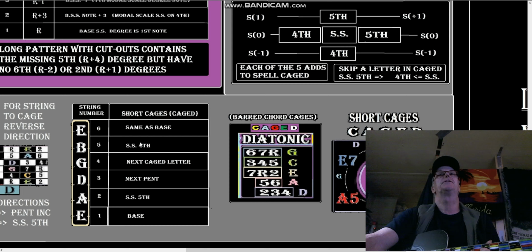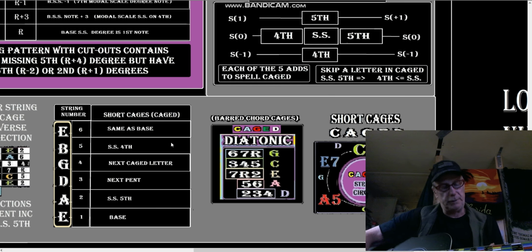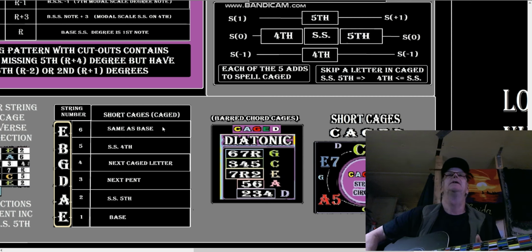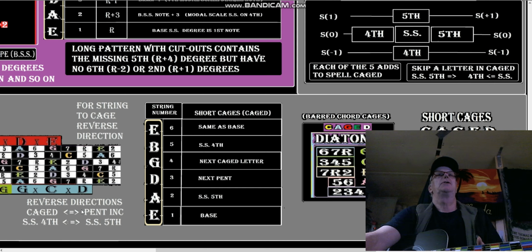Okay, then we go to the string shape 4th of the bass. The string shape 4th of the G is the C string shape. So we're going to play a warped up C string shape. Now that one goes over to the right again because it's not straight on top of the E because of the tuning third. One's because of pattern migration. One's P4 pattern migration. One's because of the tuning third. So we got 3, 4, 5 there. Then the top string's the same as the bass. Now you just reverse these things where CAGED goes to a pentatonic increase, a fourth goes to a fifth, to